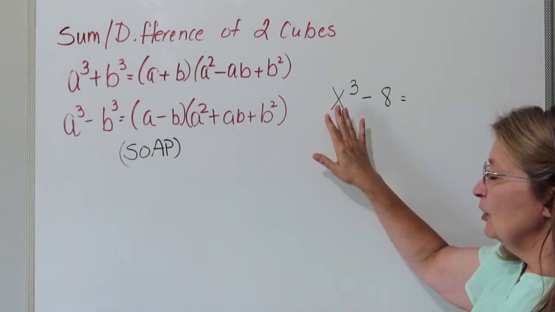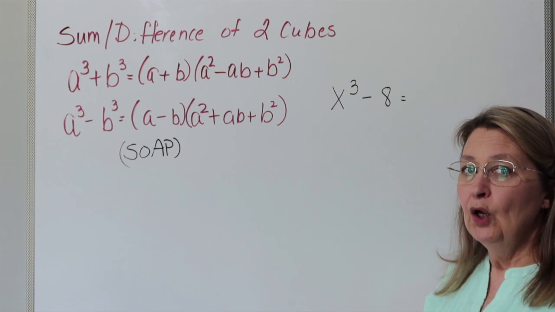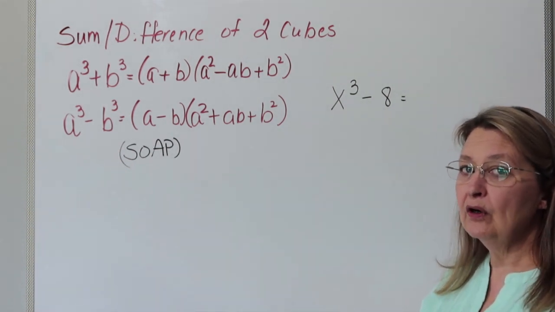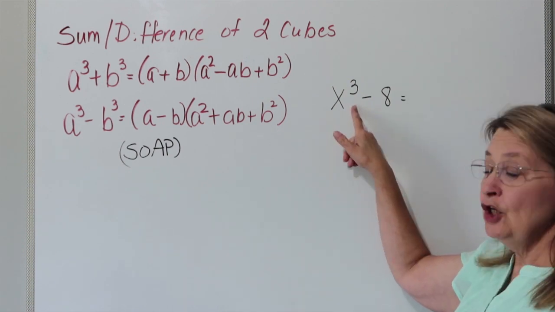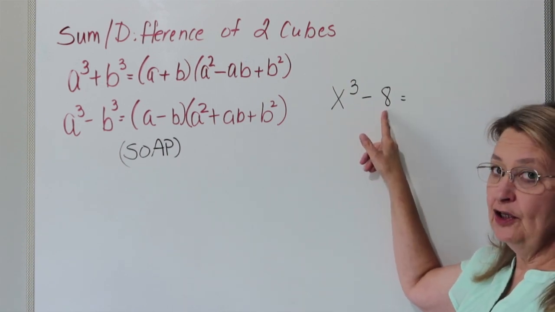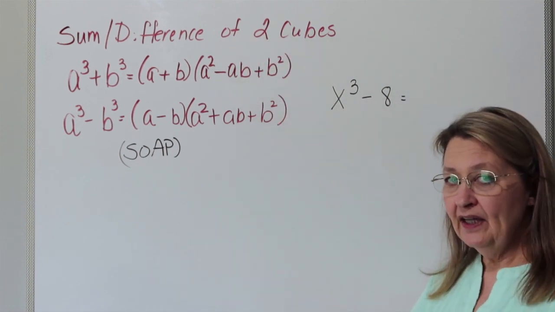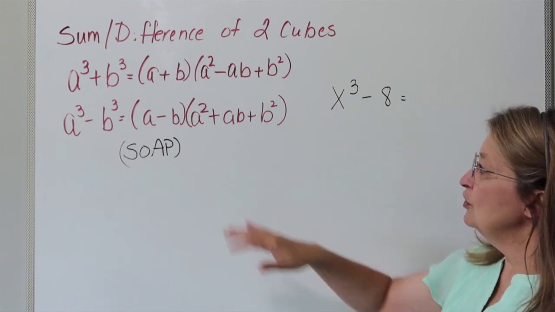So we've counted our terms. We have 1, 2. We've looked for a greatest common factor, and there's not one. We know that our options are a difference of two squares or a sum or difference of two cubes. Well, I see that this is a cube and this is a perfect cube, so that makes my decision for me. Once you've analyzed it and determined that it is a difference of two cubes, you're just going to